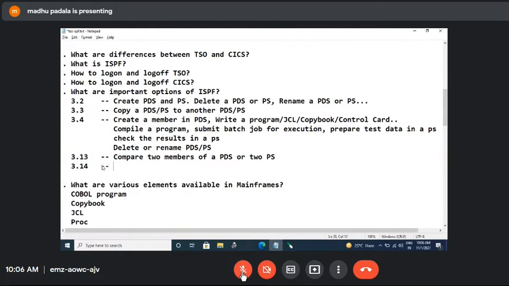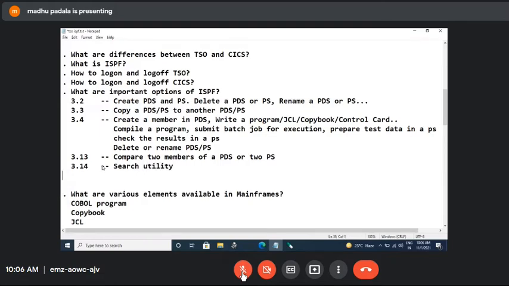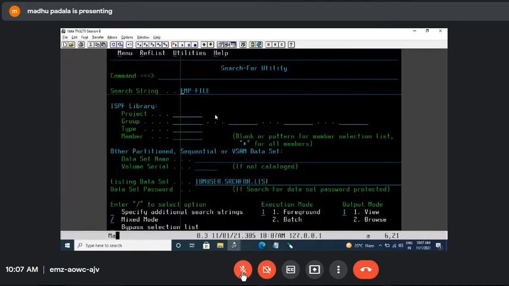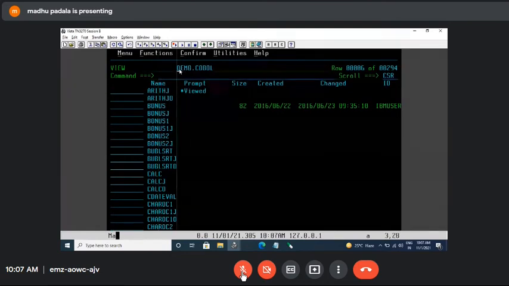And then 3.14 means searchability. Generally, we don't go to 3.14 because it can also be done in 3.4. Let me show you that. 3.14. Okay. So I want to search my PDS to know how many places there are arrays used in a